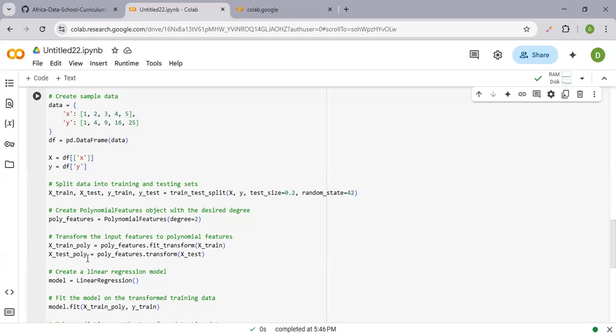When you're transforming the input features to polynomial features, you'll reference back to the object or the variable name here. So X_train_poly equals poly_features.fit_transform. This is the built-in function for transforming the input features to polynomial features. And now we're going to reference which data set we want to transform. In this case, we want to transform the X_train. Then X_test_poly equals poly_features dot